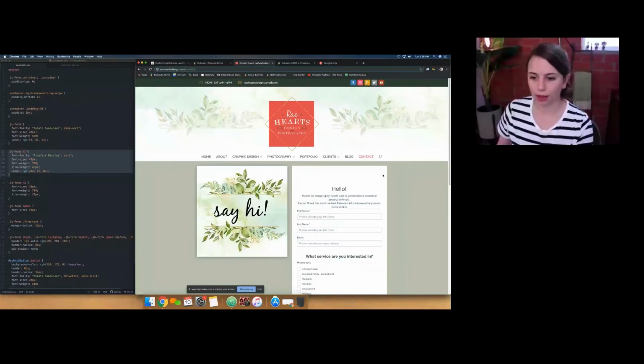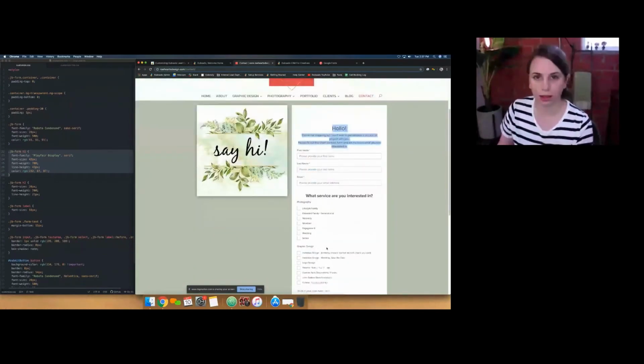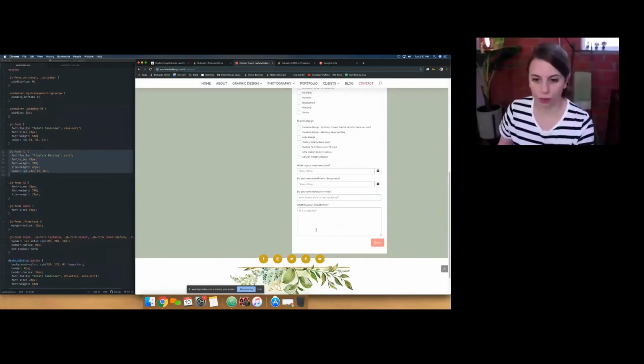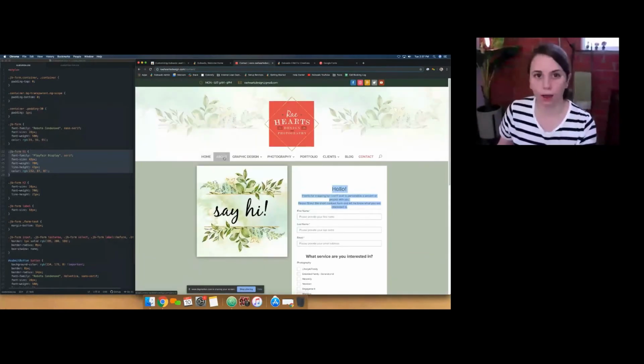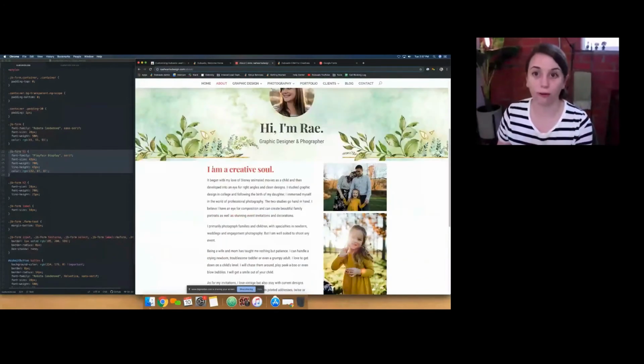And the colors aren't quite fitting in. I definitely want to tie this in a little bit better. So what I did was I looked at the About page. Really cute. I love this bold heading text. So I definitely want to replicate this for our heading. And then this is what most of the body text looks like on the site as well. So I know I want to make the body text on the form match this too, so that everything is